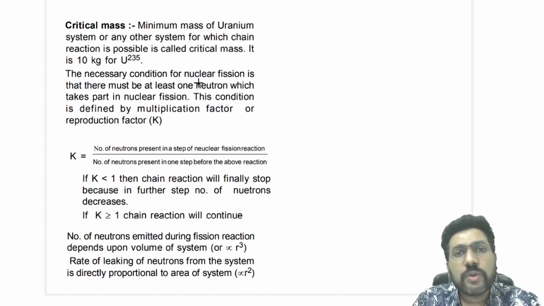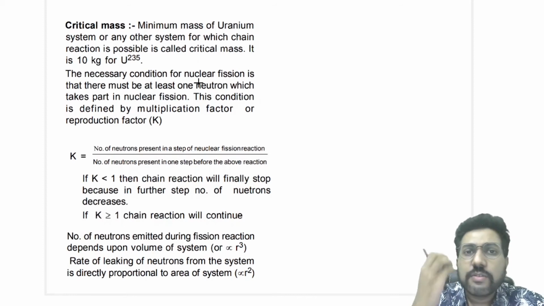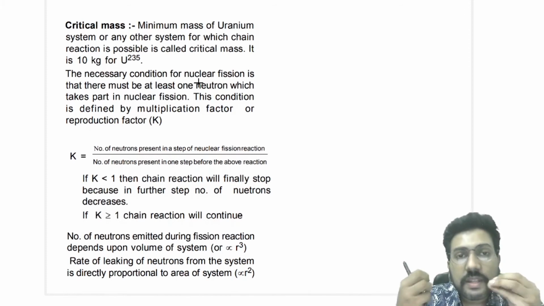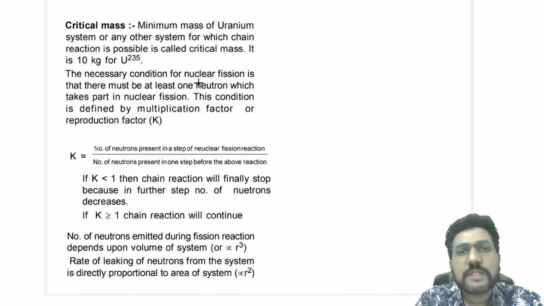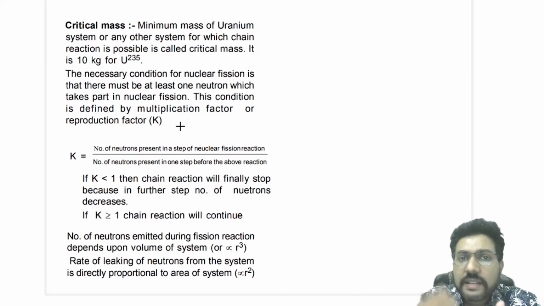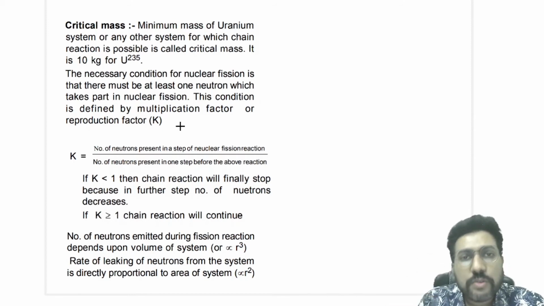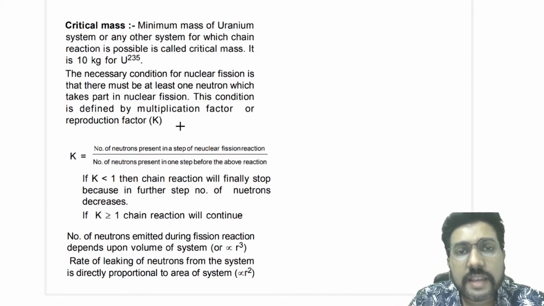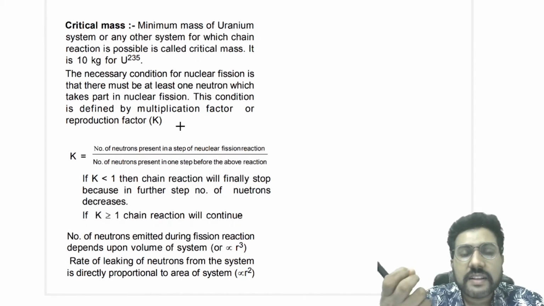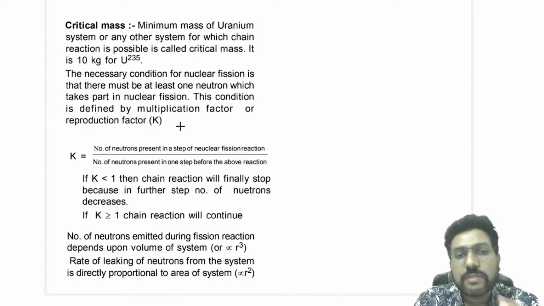Okay, now we also know that we need one neutron, right? And uranium-235 can undergo fission using a neutron with thermal energy, that is very small energy, right? So the necessary condition for nuclear fission is that there must be at least one neutron. That one neutron must take part in the nuclear fission. After that, you know that after every reaction more and more neutrons keep on producing automatically. Okay, so if you have one neutron at the start and it is able to strike the uranium-235, then the nuclear fission process will start. So to start the nuclear fission process, at least one neutron is required.